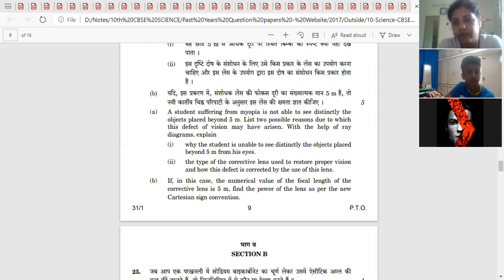Ma'am, in the exam, if they ask the diagram of a heart, can we draw a schematic diagram, like boxes? You cannot. That is only when they ask you to explain the structure of the heart. At that time you are not supposed to draw the schematic diagram; you can show the flow chart itself. But if they have asked the schematic diagram of a heart, then you have to draw the proper diagram of the heart.